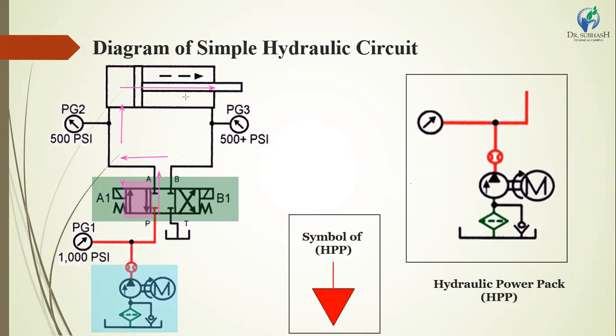On the other side of the piston, the oil is returned back into the B port, and from the B port it returns to the tank. This oil is directly connected to the hydraulic tank or reservoir tank, and the oil is drained into the reservoir tank.